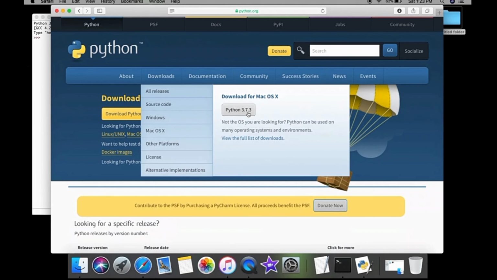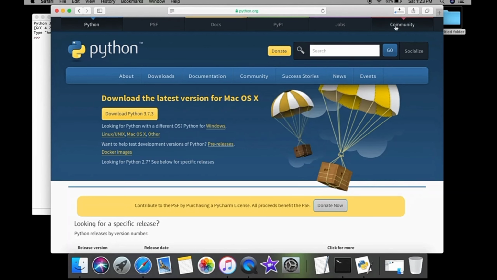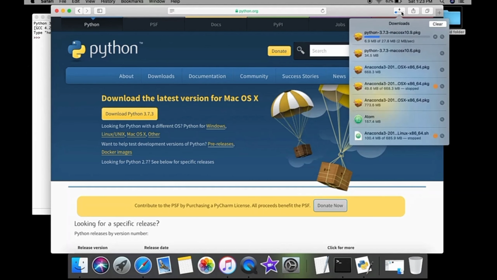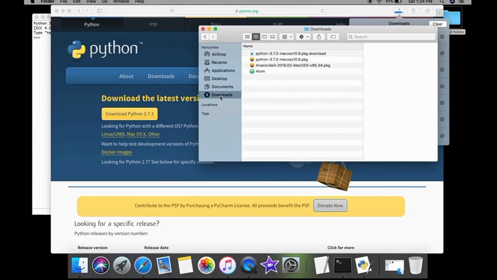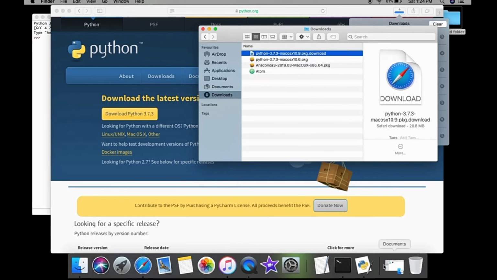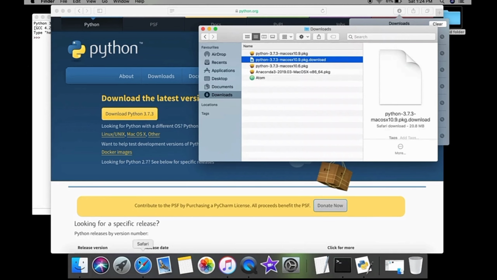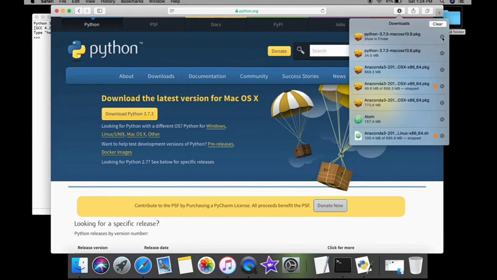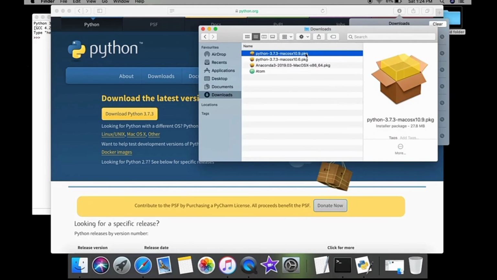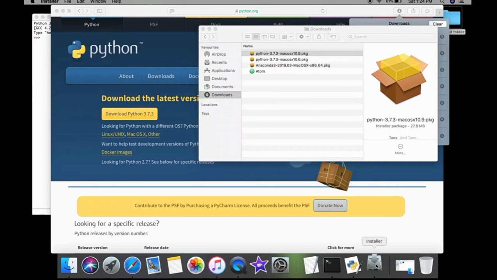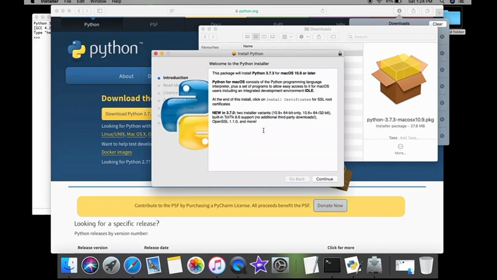Make sure you are downloading Python 3.7.3, then it will start to download here. After the download, let me show you that one also. You will get Python in your downloads. So let me check how much it is. So here it is downloaded, and when I open the folder, here we have the Python. To install this one on your PC, just double click here, and the installer will start installing this one.